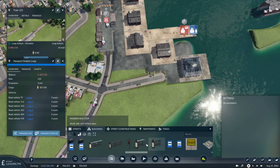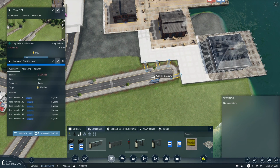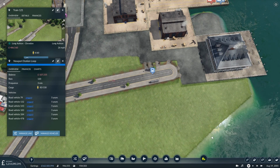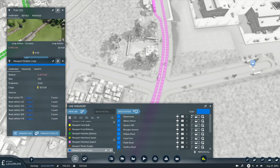here. We'll have a proper one with all the gubbins. Actually, a nice big one, just to show willing. And we'll put you there, and we'll put one on the other side of the road just in case I decide to add more lines to this. So, Newport Station,